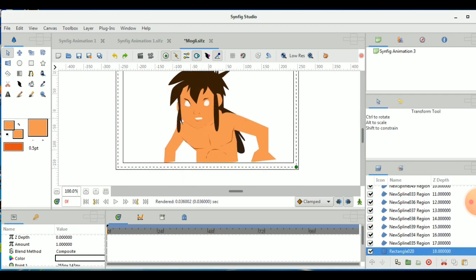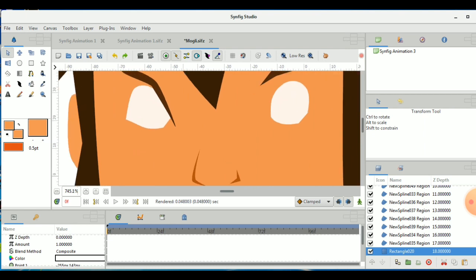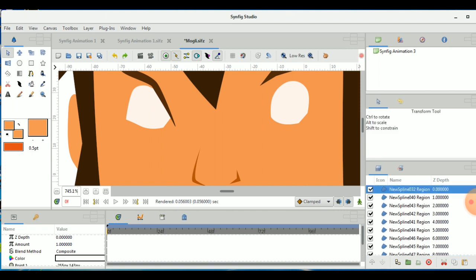Now you can see. Zoom in and zoom out so that you will understand what's going on. Now we will concentrate on the eyes. Eyes are the important part, and even we need to add the shade below the eyes and the eyebrow, where the wrinkles at the upper forehead show that he is angry.